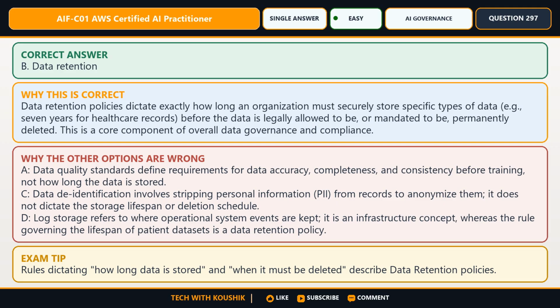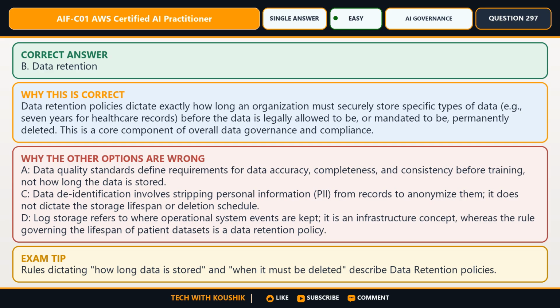Now eliminate the distractors. A. Data quality standards define requirements for data accuracy, completeness, and consistency before training, not how long the data is stored. C. Data de-identification involves stripping personal information, PII, from records to anonymize them. It does not dictate the storage lifespan or deletion schedule.